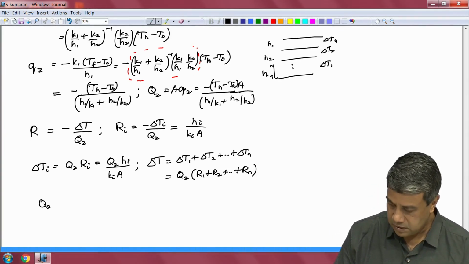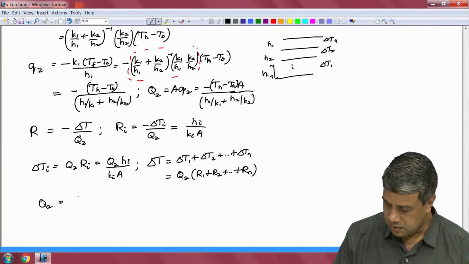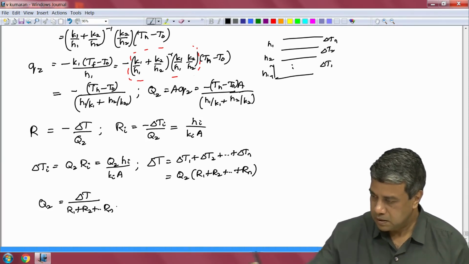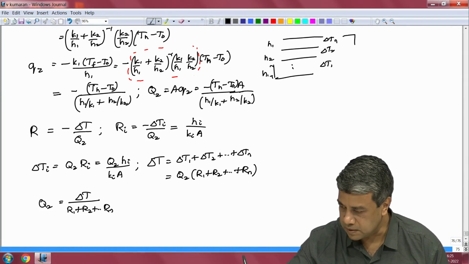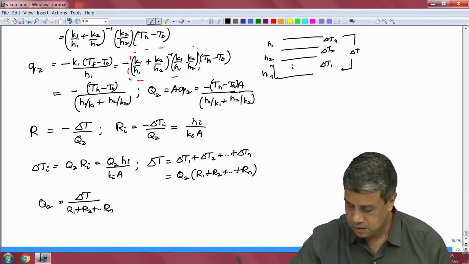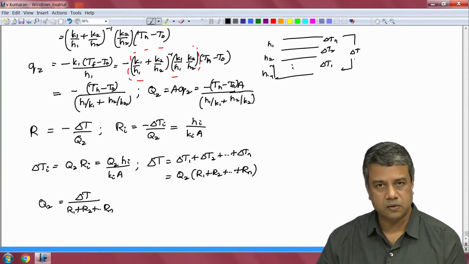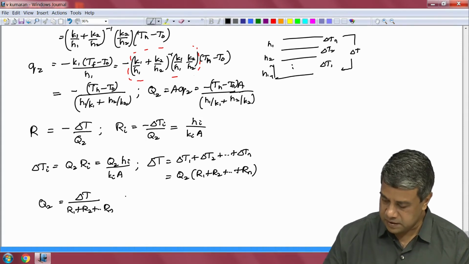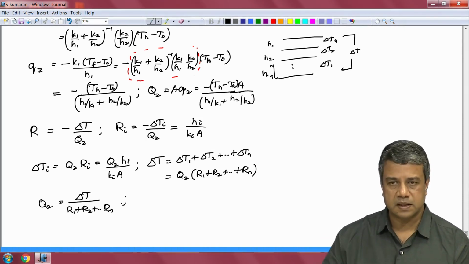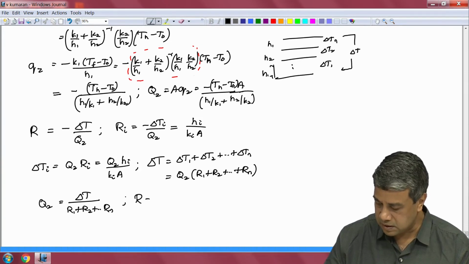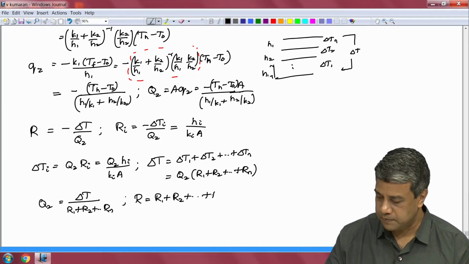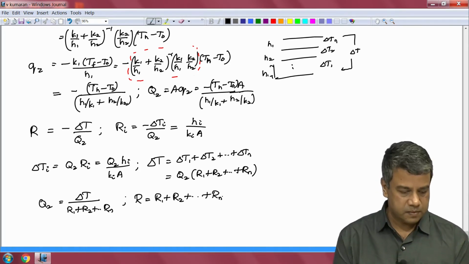Therefore, Qz is equal to delta T by (R1 plus R2 plus etc. plus Rn), where the temperature difference across the entire slab is delta T, where delta T is delta T1 plus delta T2 plus etc. plus delta Tn. Okay. So, therefore, this heat transfer resistance just adds up as you have multiple slabs. The total resistance is equal to R1 plus R2 plus etc. plus Rn for the heat transfer across multiple slabs,